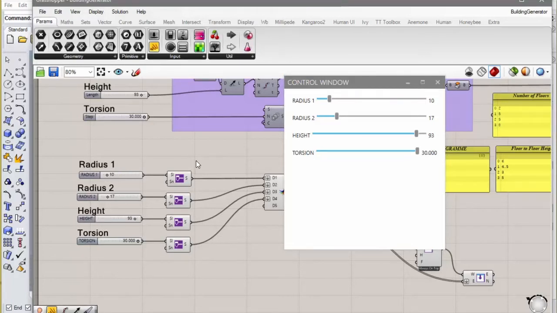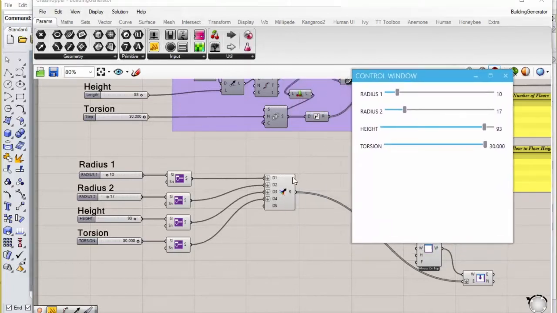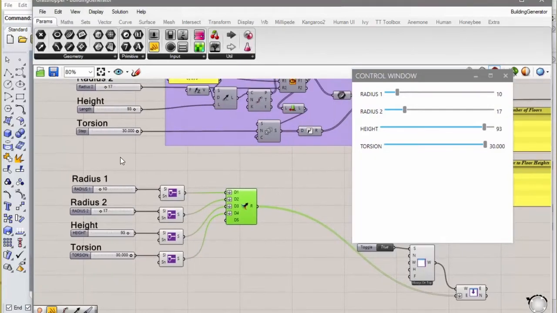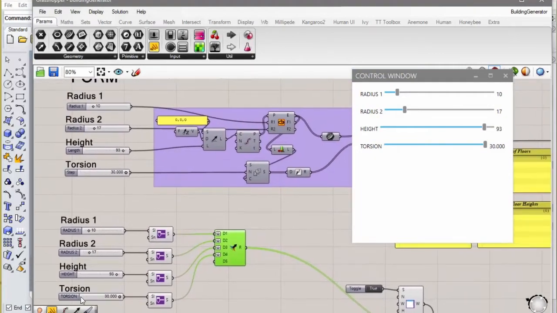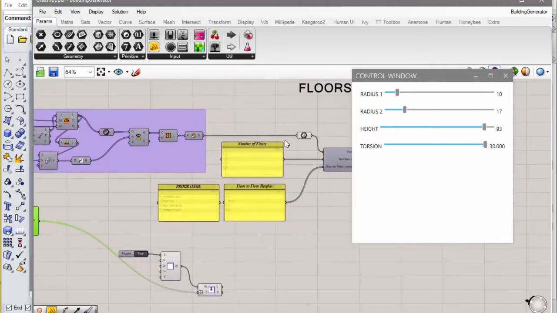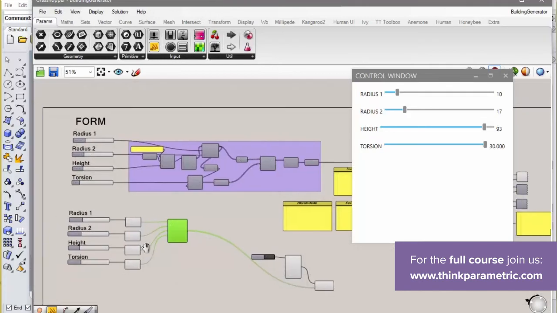Now this is as far as we got on our last video, but what we're going to want to do now is just another trick to organize it, because we're going to have several lists of inputs. We're going to have inputs for form, we're going to have inputs for floors, and inputs for floor heights. And there's going to be 3 different sets of inputs.